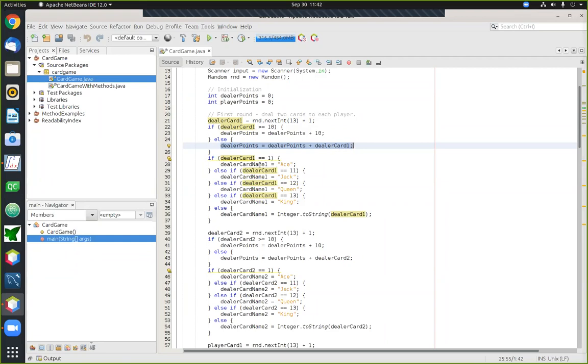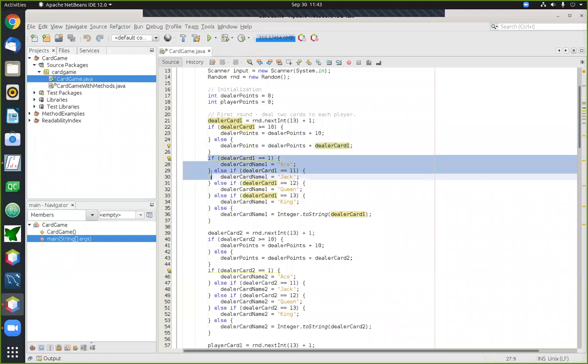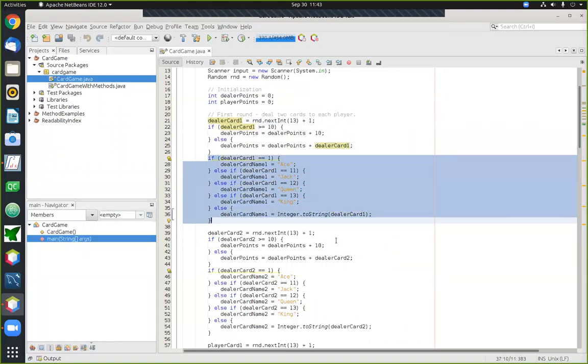And finally, another task that we need to perform is, because eventually we're going to have some print statements that tell the players what cards they got, and when we print the cards, we would like to convert these code numbers into more user-friendly names for the cards. Right, so to do that task, there's a bunch of if statements here that basically convert the card code number to a corresponding name. Right, so the code number 1 gets turned into the word ace, and then the code numbers for the face cards get turned into the names of the face cards, and the code numbers for all of the number cards get turned into a string, which is just that number, and there's code here to do that.